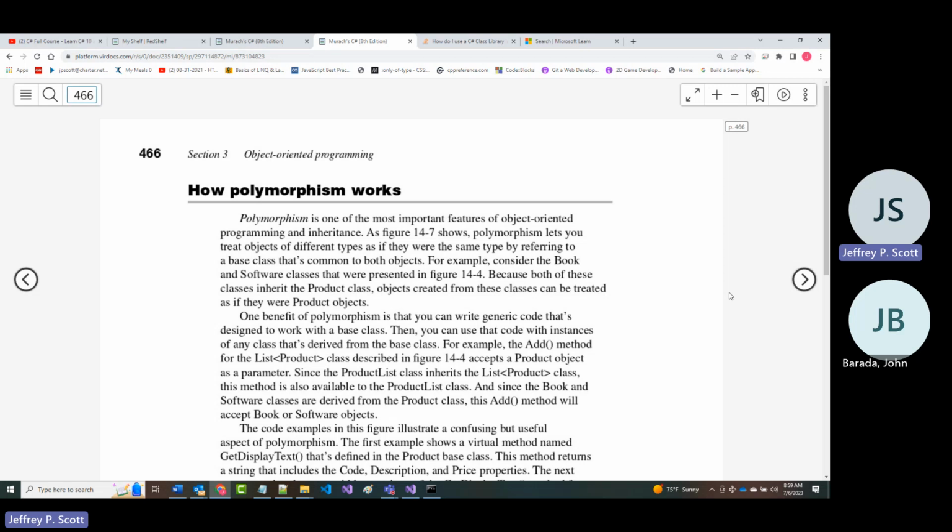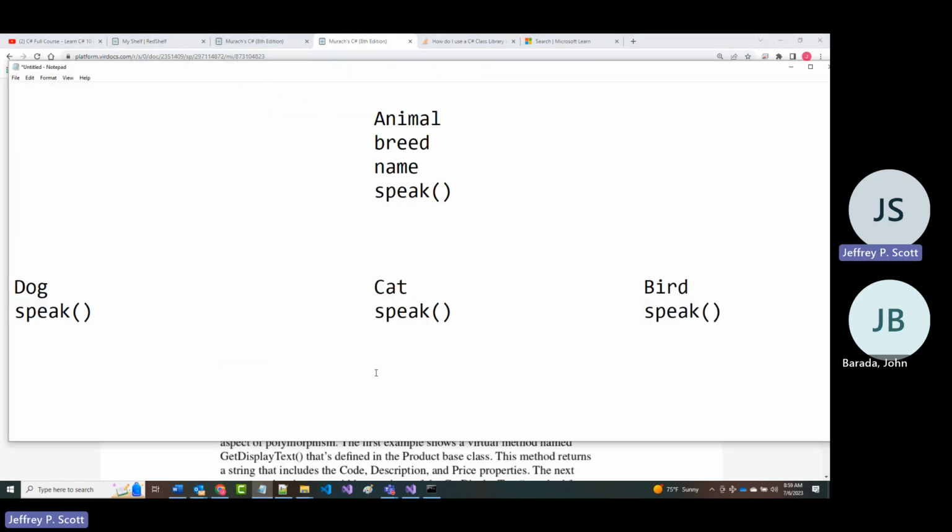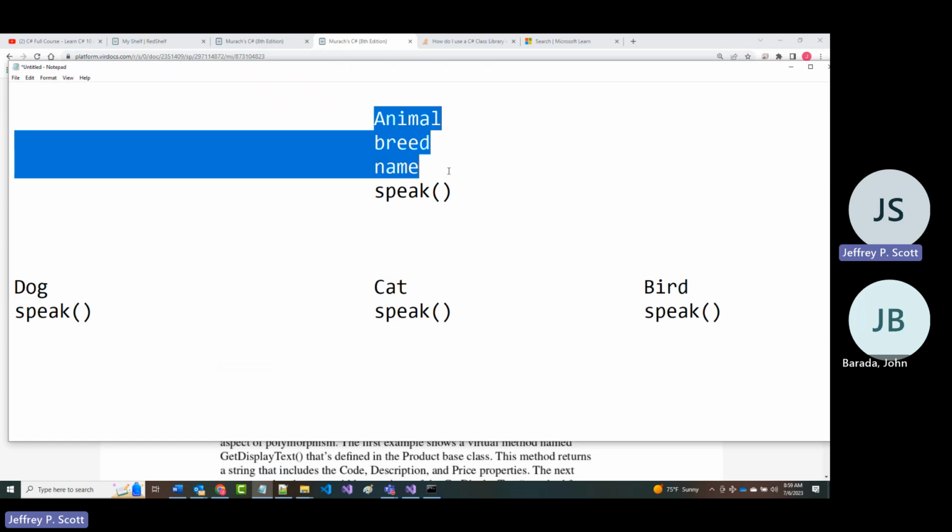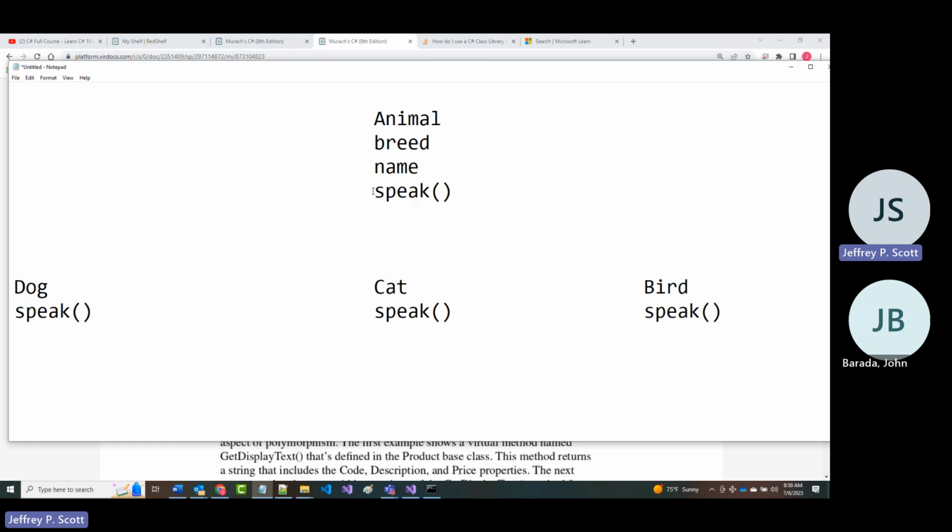I mentioned polymorphism to you earlier, and if you remember, the example that I gave, maybe not the greatest, was that if a parent defines a speak method, an empty method, that means anybody who inherits from animal automatically has a speak method, but you have to implement it yourself.